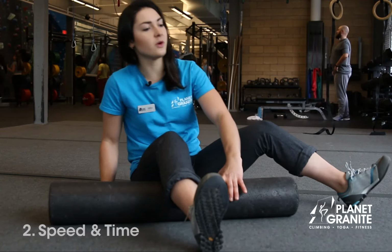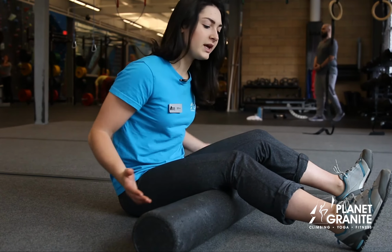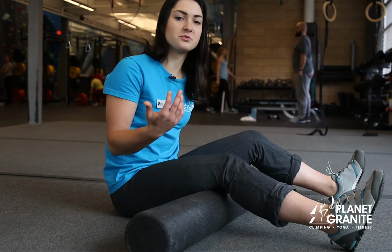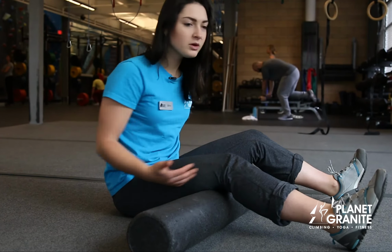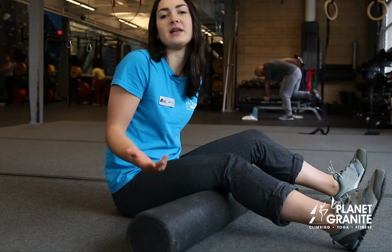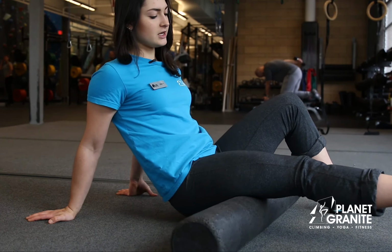One of the most important things is to make sure you're rolling at a consistent and slow speed. We're trying to release the fascia, so we don't want to be going super fast. The more we can slowly move over the muscle, the more we're going to be able to find those pressure points, and that's what we really want to focus our energy on. If you're rolling over that entire muscle without paying attention to where your pressure points are, you're going to be less effective. So, as I roll, I really want to be slow